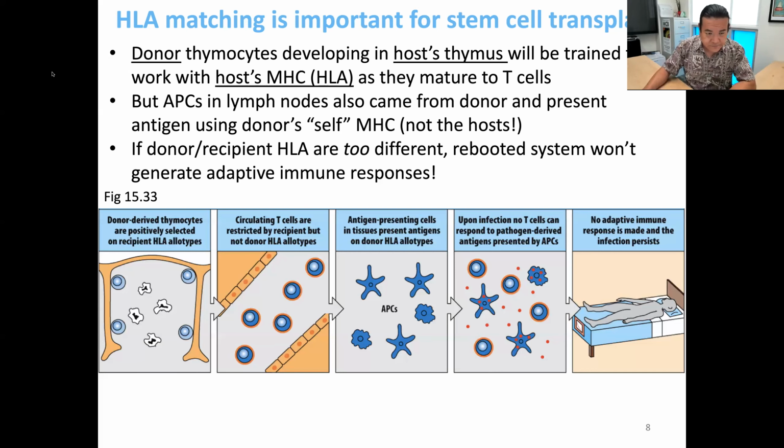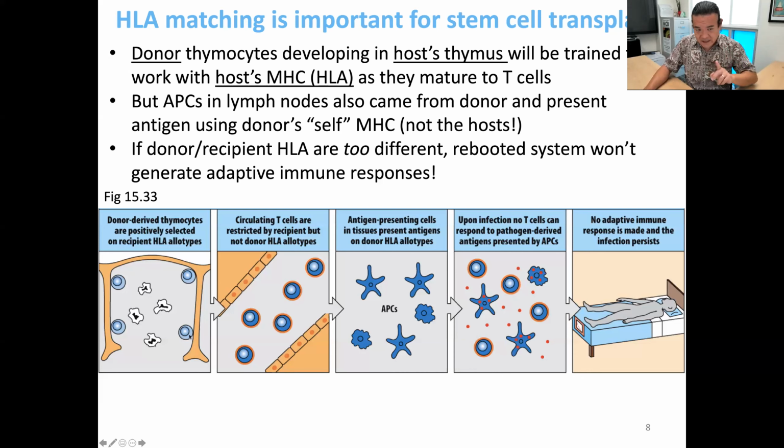So let's look here. In this cartoon, slide 1, in the thymus, you had the transplanted stem cells make their way to the bone marrow. They successfully began to grow, and the stem cells begin to give rise to these precursor cells that then make it into the thymus of the patient. And yes, this is wonderful, right? Because now suddenly you have healthy T cells forming in the thymus that are being trained against the patient's